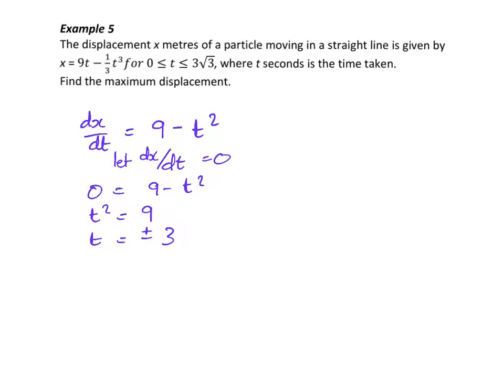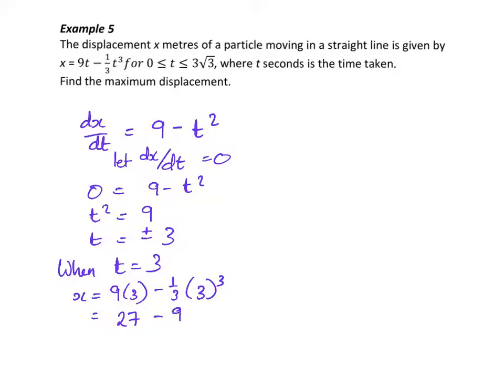What is the x value or the displacement value? So let's find when t is equal to 3, what does x equal? So x is equal to 9 times 3 minus 1/3 t cubed, 3 cubed. 9 times 3 is 27, minus, now 3 cubed is 27, and a third of that is 9. 27 take away 9 is 18. So if we had found when t was equal to negative 3,